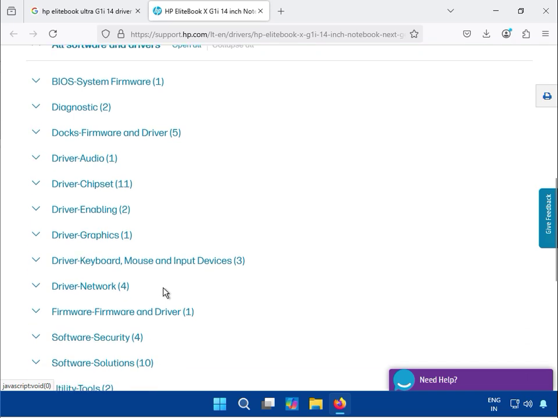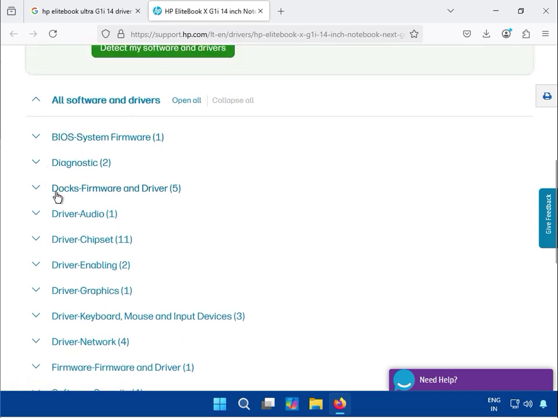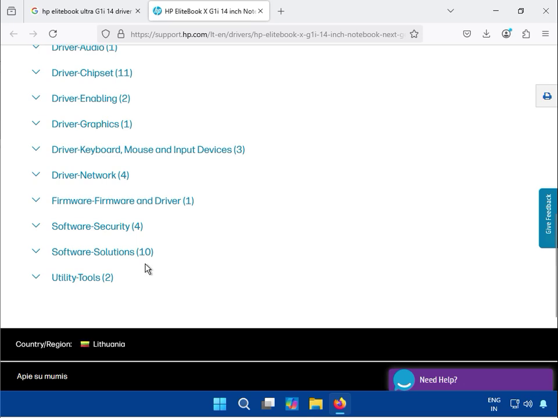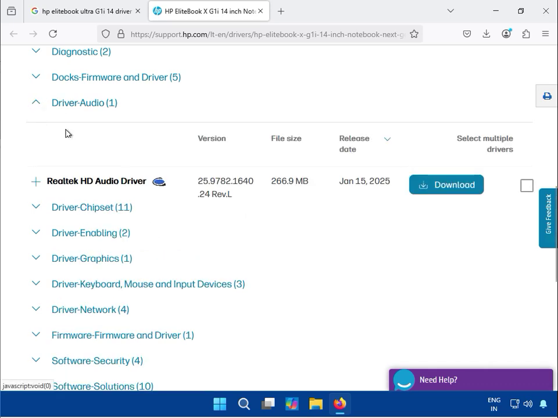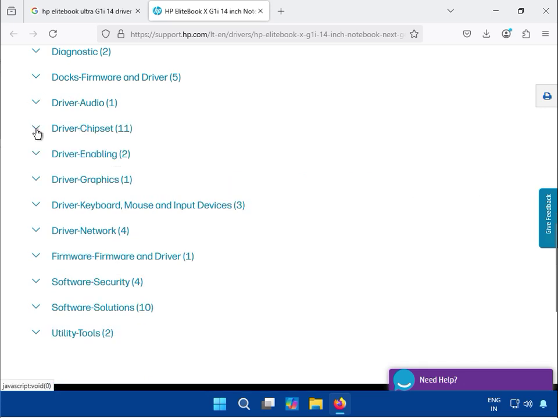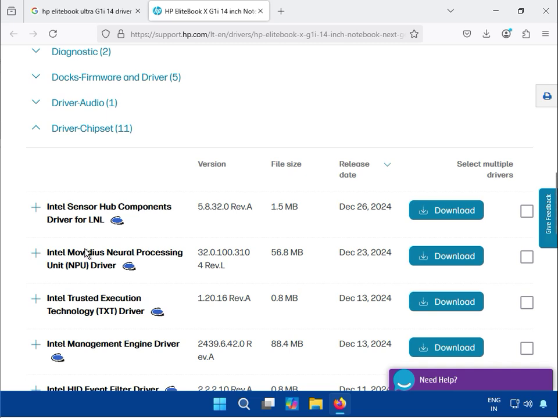So guys, you can see the BIOS, diagnostics, and all drivers, required and unrequired drivers, are both available. Okay, so if you install only drivers, that means install the audio driver first. Select this first of all, then I will tell you how to install. Okay, so this is the chipset. So for the chipset, try this one. Okay, select this,